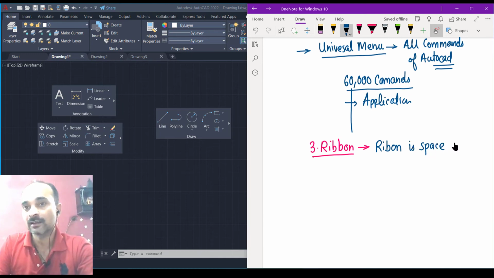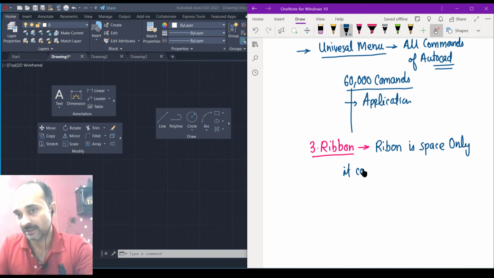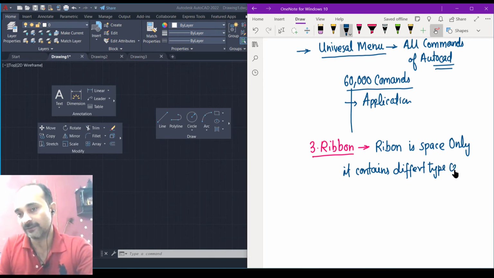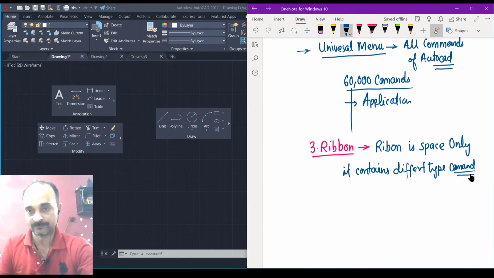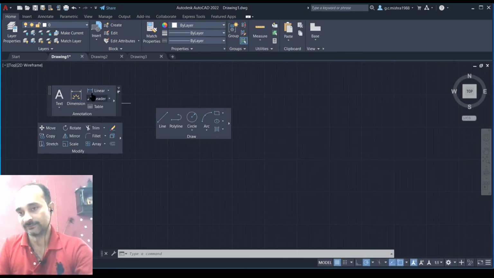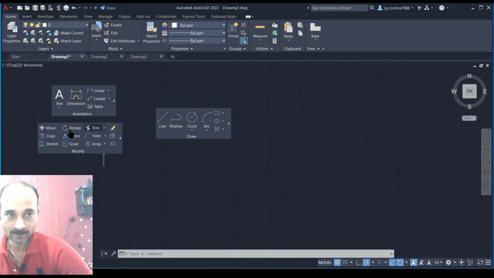It means ribbon contains different sets of tools. Ribbon is space only, and it contains different types of command sets. Set means a group of the same type of commands. They have similar types of functions.